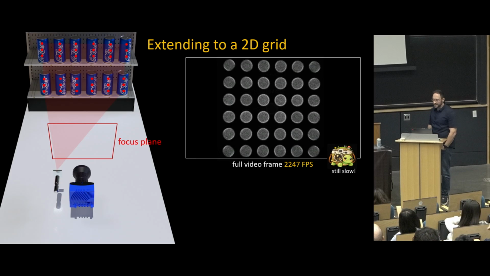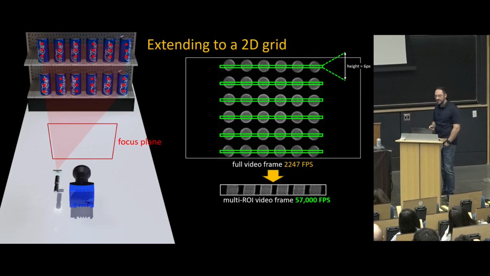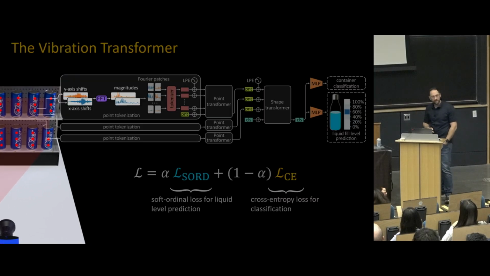But luckily, this camera allows us to define multiple short regions of interest that are going to intersect every speckle row. And then we can read out only these regions at the desired high speed. So from each tiny little speckle rectangle, we can compute the 2D speckle shifts efficiently and robustly using a custom GPU-implemented method. OK, so this is our new sensing. This is our new camera. Now let's talk about the processing.